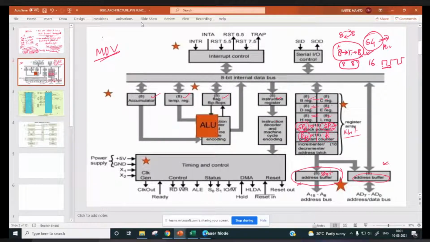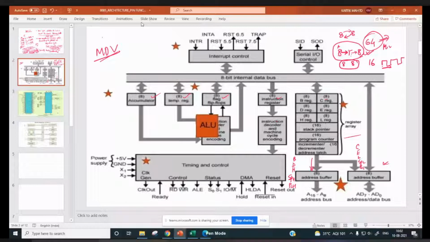So you need to understand which registers are connected over here. Here it is B, D, H, SPH, and PCH coming over here. And here it is C, E, L, SPL, and PCL coming to this address slash data buffer.